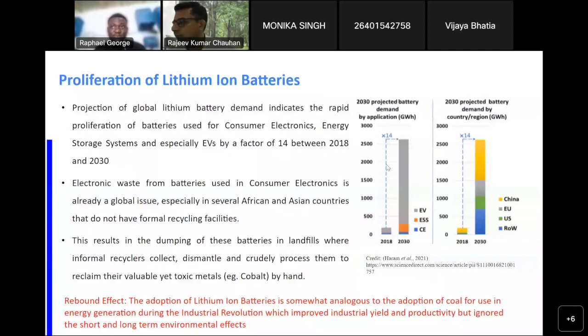And with the advent of electric vehicles, with the high demand of electric vehicles and increased efficiency of these batteries, it may just go beyond 14 times. I would say that this is a very conservative projection, and we may have even higher demand for lithium-ion batteries. So this is a future projection, but at the moment, we are already struggling with a